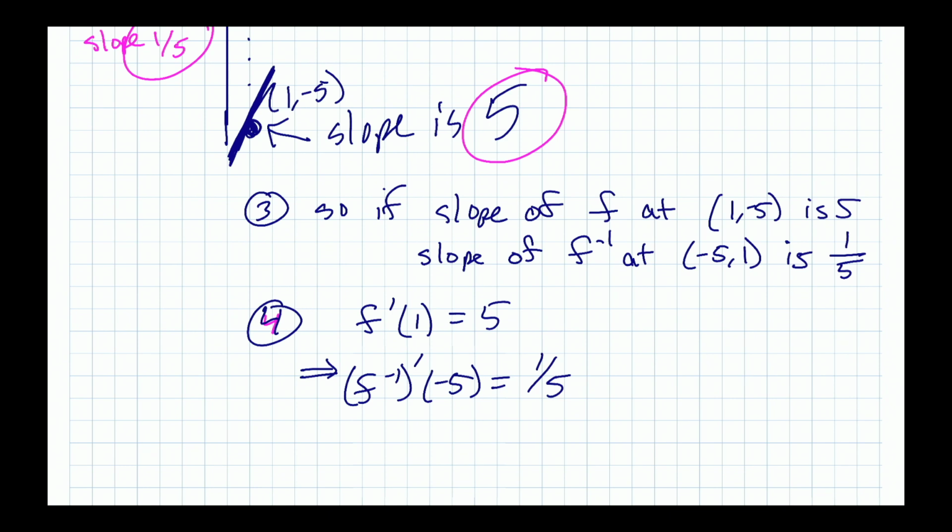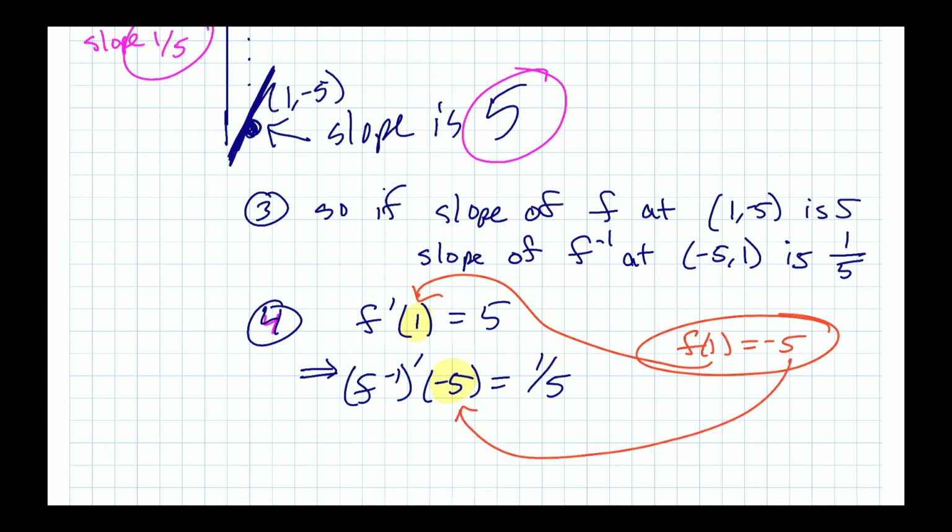The reason these two go together is that they told us f of 1 was negative 5. That's why the 1 is the x value there, and the y value is the value that goes into the f inverse. Okay,